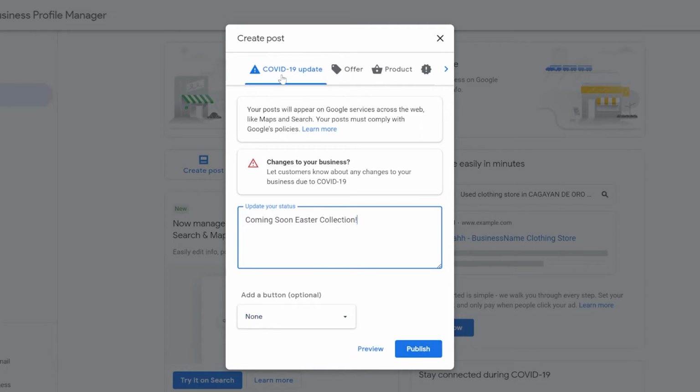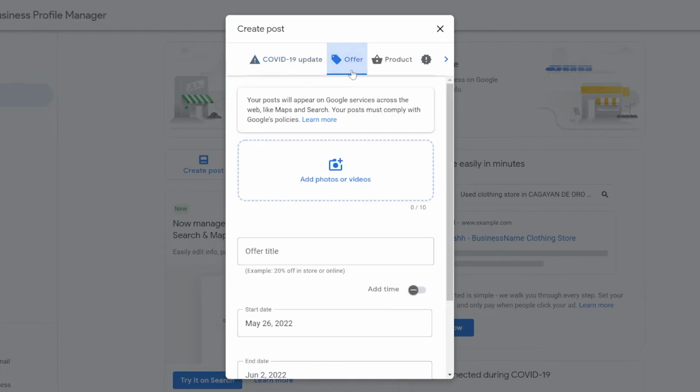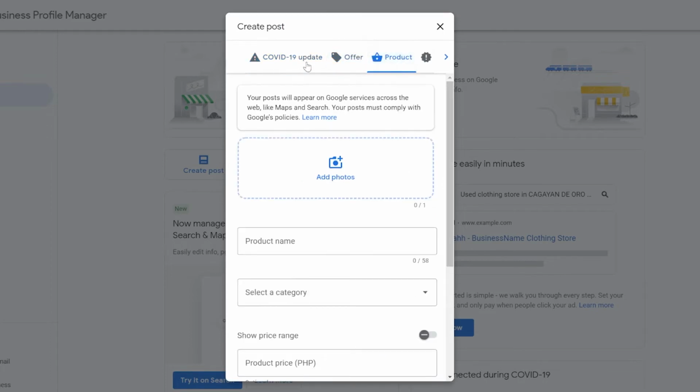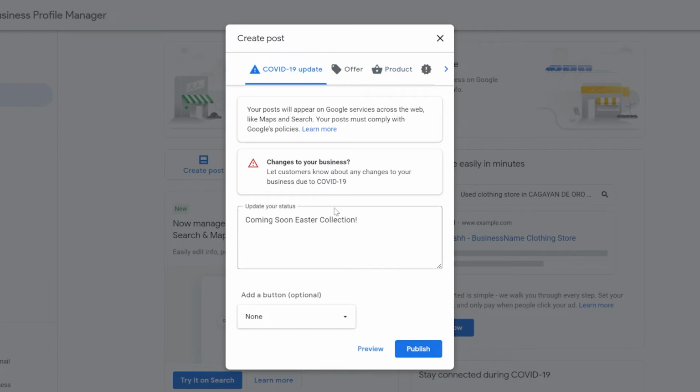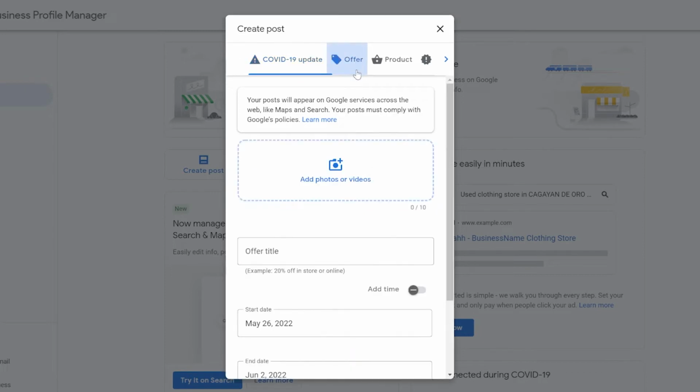And here, for example, this is a COVID-19 update. Let's say you are selling an Easter collection in mid-COVID, because stores actually are closed because of COVID. If you are having an Easter collection during COVID, then you could put it there and you could actually